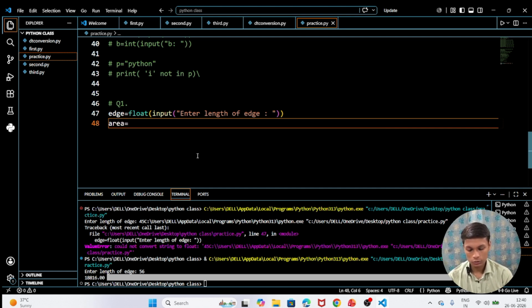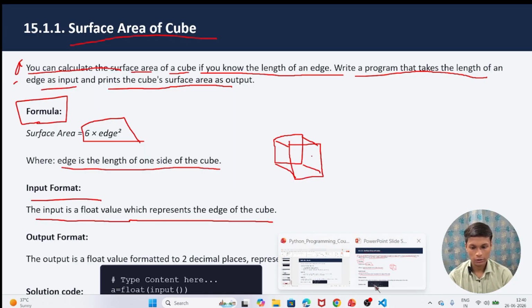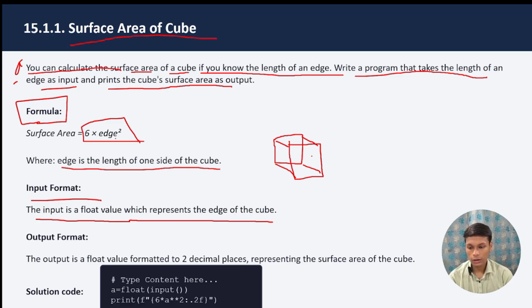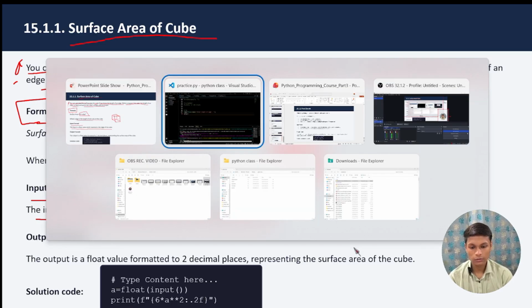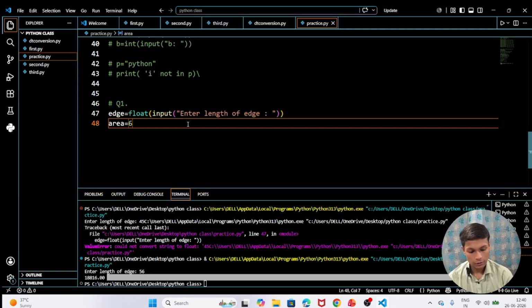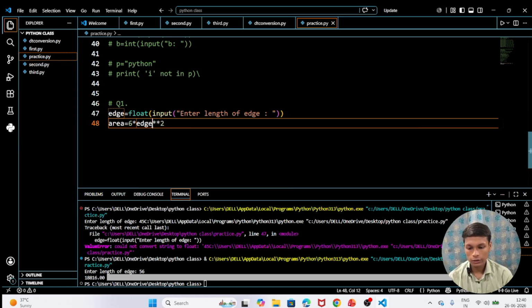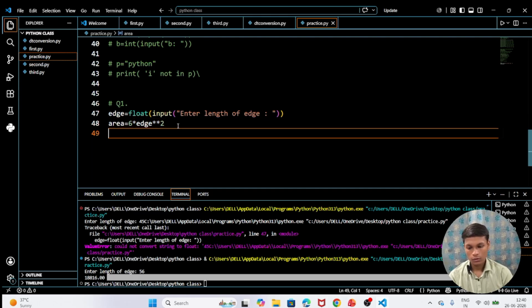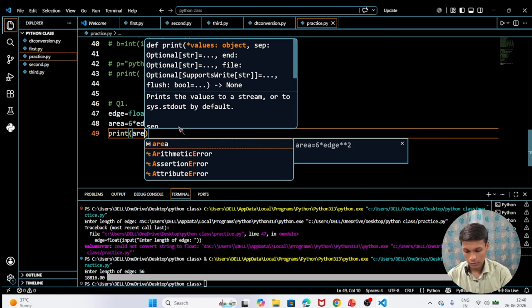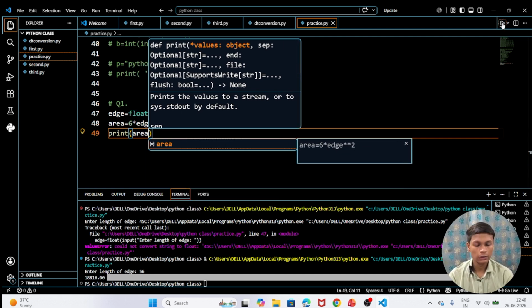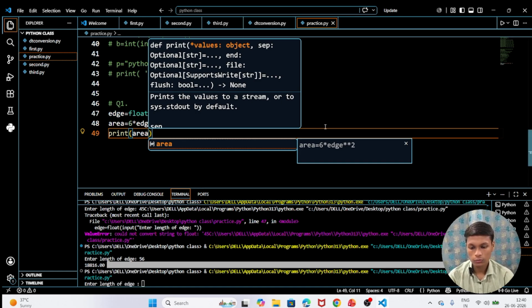So area equal to 6. What is the formula? 6 into edge square, correct? 6 into edge square. So we are writing this formula here: 6 multiplied by edge square. This is how we can write square. Now we are going to simply print area. If you print area and run our code,